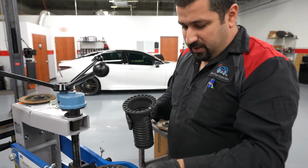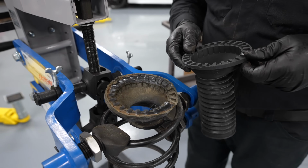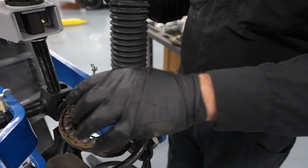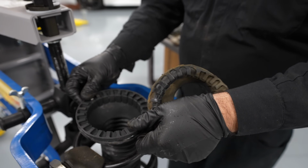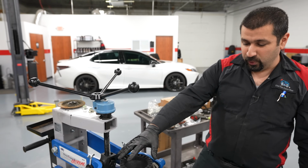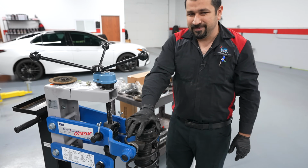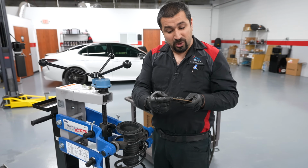You're going to find the right orientation, which will have some kind of mark. The mark is right here. You see this mark is right here. So we're going to remove this and put this in the exact same spot. This is not as essential, but this locates your rubber boot in a way where it's not going to come to the side and be all twisted up. Do it right. This is simple stuff. Do this stuff right. And then this also has a locator